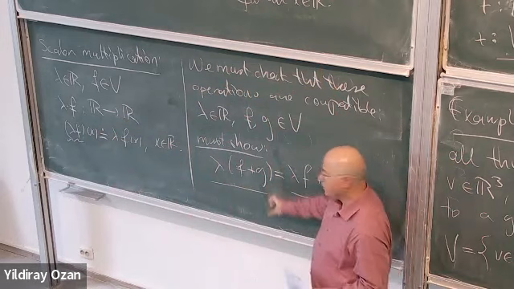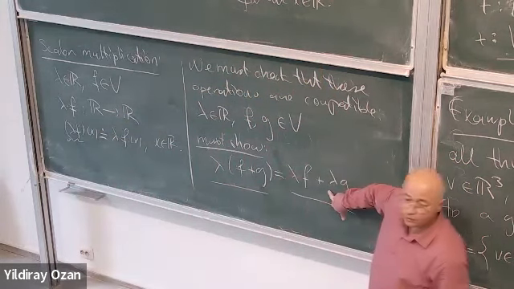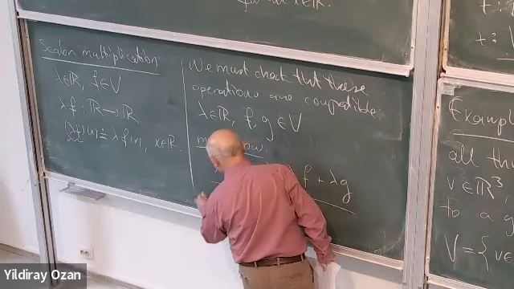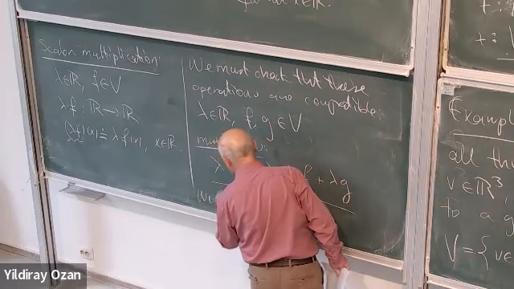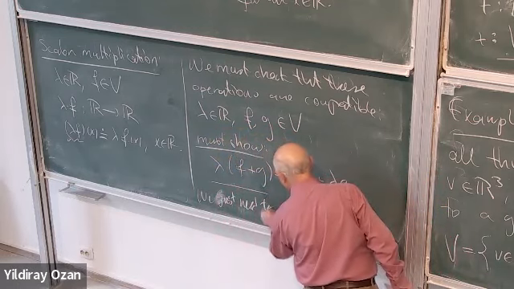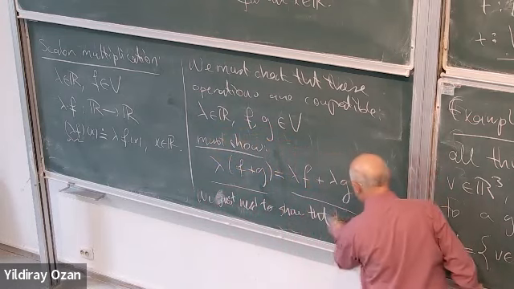I just have to check that the value of this function at any point is the same as the value of this function at any point. So we just need to show that the two functions